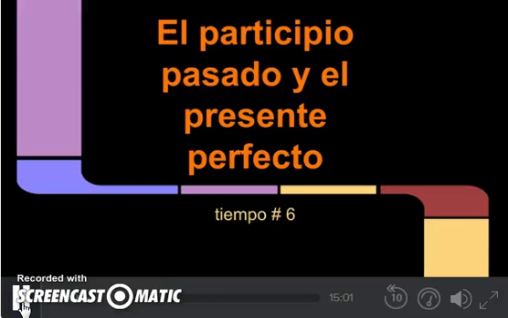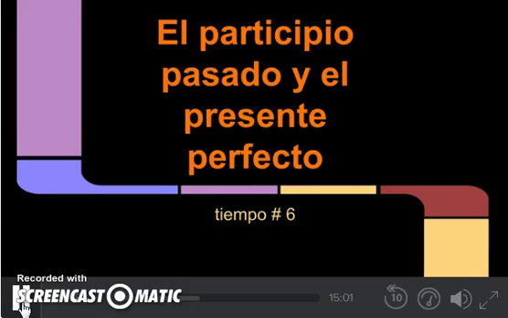Bienvenidos a la presentación de el participio pasado y el presente perfecto. El presente perfecto es tiempo número 6. So this lesson will explore the idea of the past participle in Spanish, as well as tense number 6, which